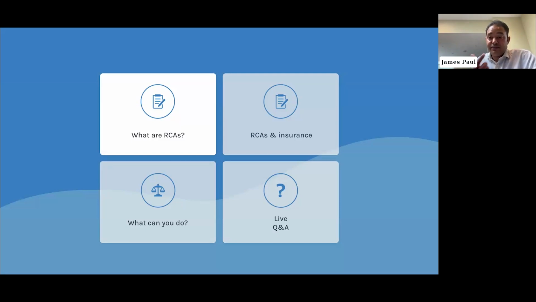And this is the issue. Desktop RCAs are kind of a bit more of a rough and ready figure. The thinking is you probably won't end up underinsured, but you probably will end up overinsured. And of course, if you end up overinsured, you're effectively flushing money down the toilet when it comes to your insurance broker and the premium you're paying, because you're insuring a building that maybe would only cost £5 million to rebuild for perhaps 5.5 million or maybe even 6 million. And of course, no one really wants to do that if they can have a cheaper insurance policy and insure for a more accurate amount.